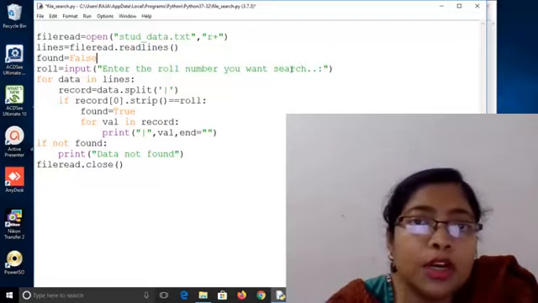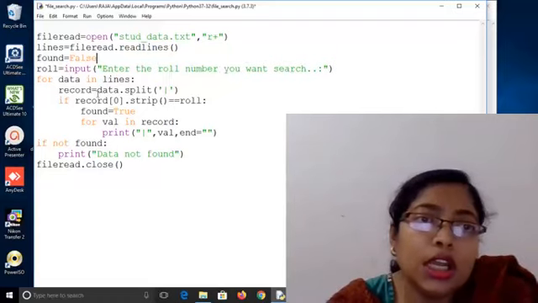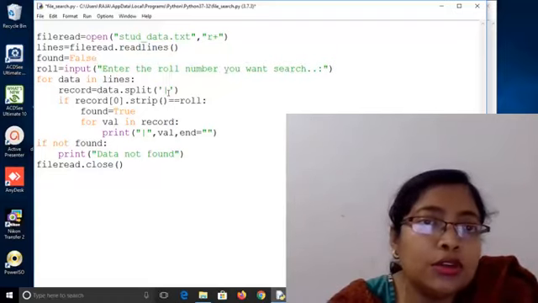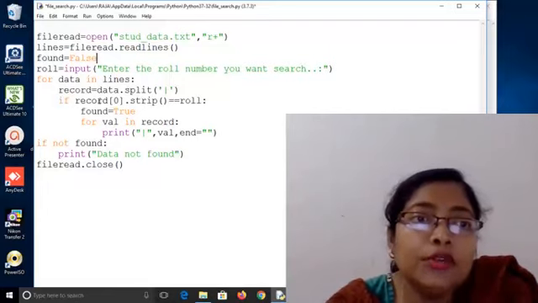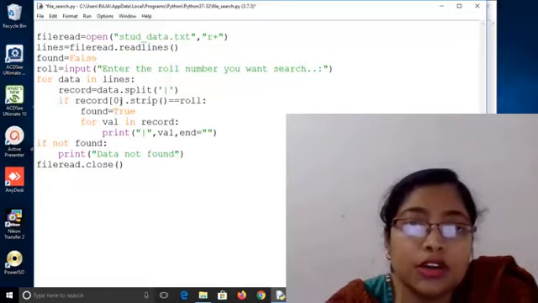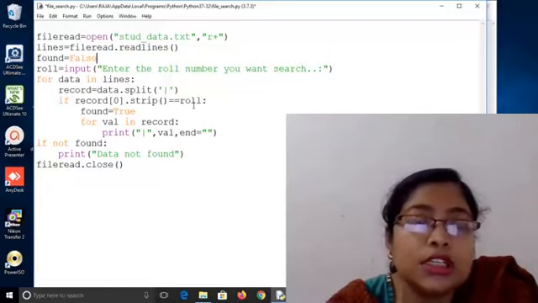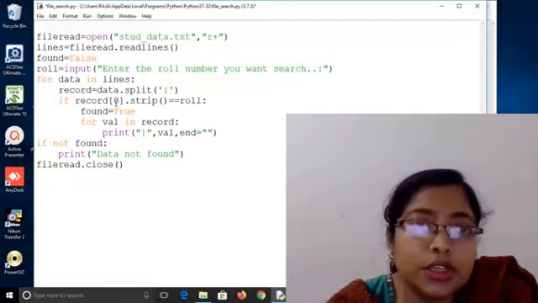Then I am inputting the roll number I want to search. Then again I am splitting the record according to the pipeline, since pipeline is used as the delimiter. In the previous program we used record 2 because I was searching according to gender. Now since I am searching according to roll number, the record index is 0.